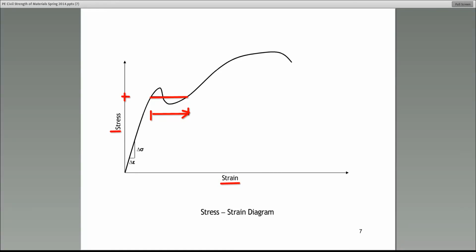So guys, this is the answer. What happens at yield is that stress remains constant. However, strain keeps on increasing. That's what we mean by yielding. In terms of force, you can think about it this way. The force stays constant, but the material keeps on deforming when it reaches yield. All right, let's move on. The next point of interest